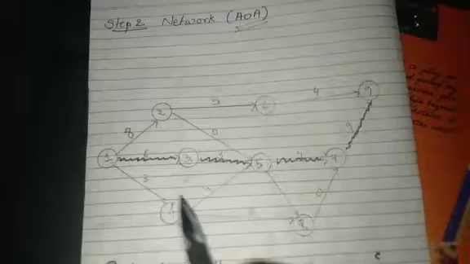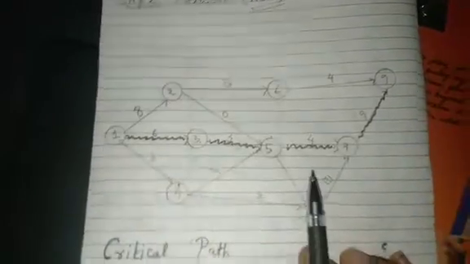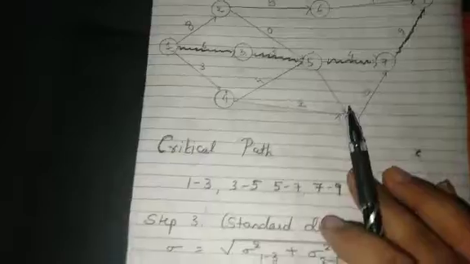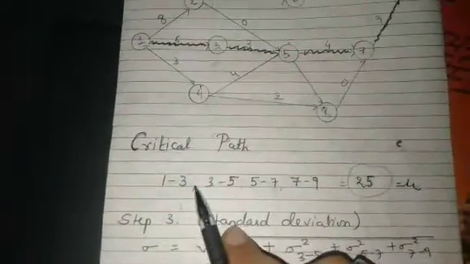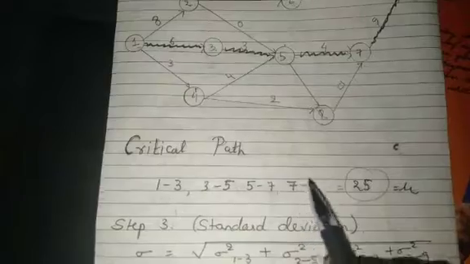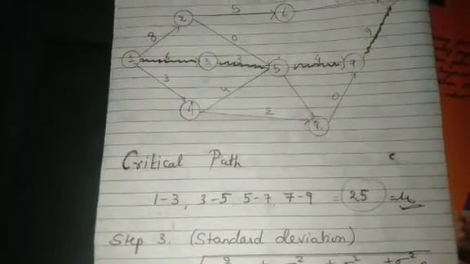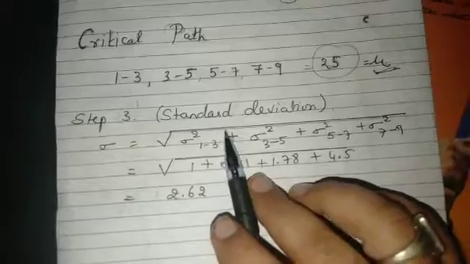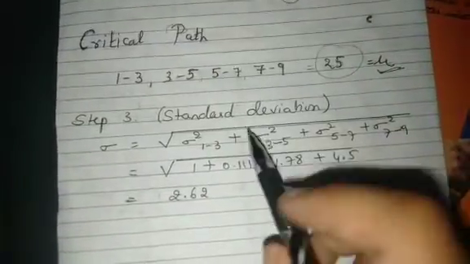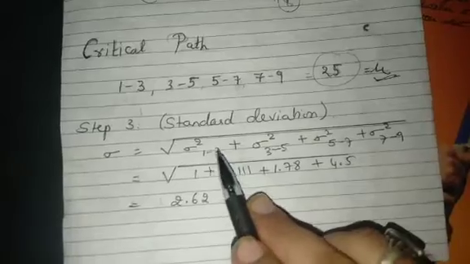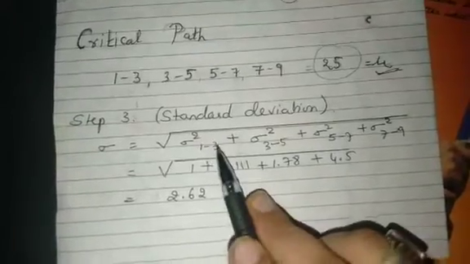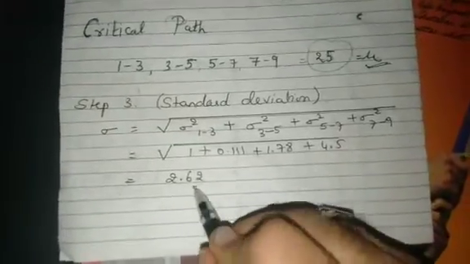Now you have to see all the possible paths, and again as we are doing, we have to find out the critical path. So our critical path is 1 to 3, 3 to 5, 5 to 7, 7 to 9, and the total time for it is 25, and as I said it becomes mu for our z test. Same way we have to find the standard deviation. As we are finding standard deviation by underrooting the variance, but the activities which are on the critical path, we have to just consider those activities. So I have found out the standard deviation.